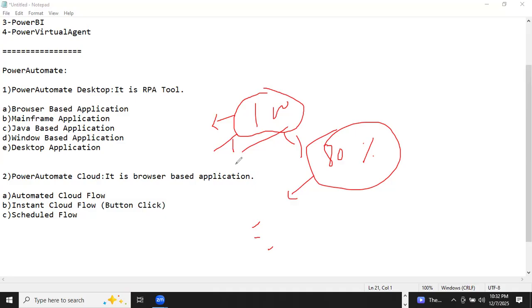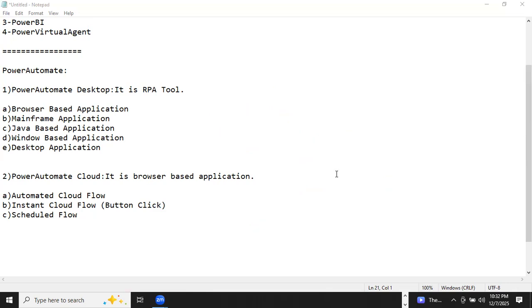So, Anup, how are we going to do the exception handling? Let's say, like, if it